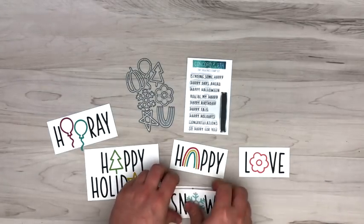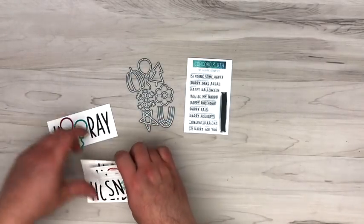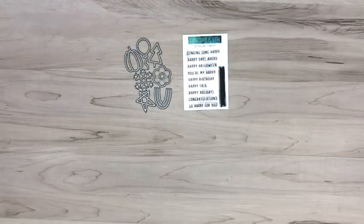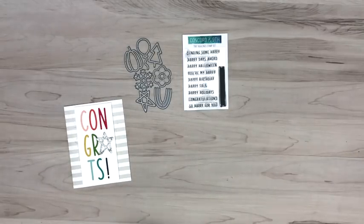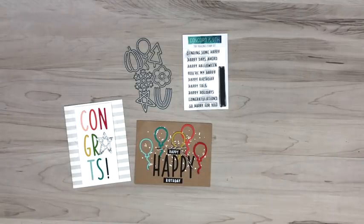But what's nice is if you don't have the tall type alphabet and the tall type dies, you still can buy this little bundle and completely have some fun uses with it to make. So now I want to show you real quickly a few cards that we've made using our Tagalongs bundle, and this does utilize our tall type alphabet, and so I have mentioned those, but how cute is this congratulations card where that star replaces the A? This one actually just uses the balloons as balloons on the card,